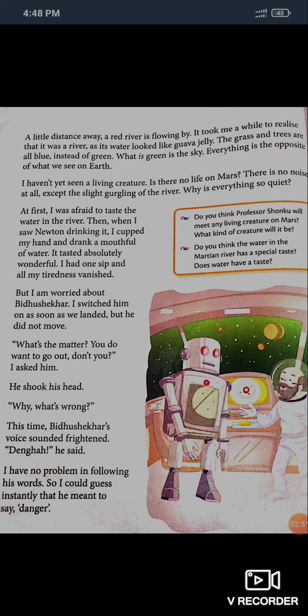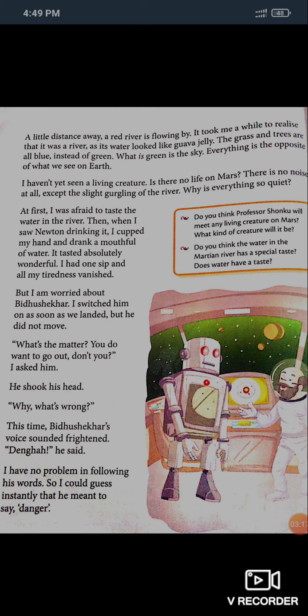Now, at just some distance, a river is flowing by and the color of the river is red. It took me a while to realize that it was a river, as its water looked like guava jelly, because the water is red, and it takes a few minutes to realize that yes, it is a river and the water just looked like guava jelly.